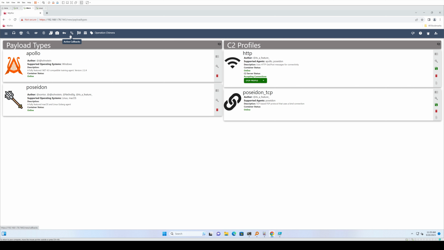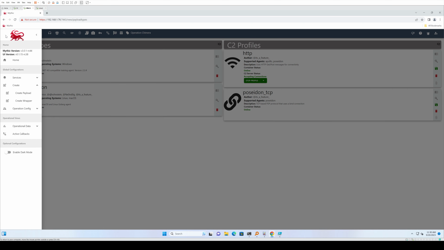At this point, we don't have a callback yet, so that's what we're going to need to do. We're going to create the payload for the Mythic C2, and we're going to be using this Apollo payload type. Then we'll run the payload, get the callback, and download our cloud credential file, or exfiltrate it. To do so, we'll click on this hamburger menu, go to this create menu here, and click on